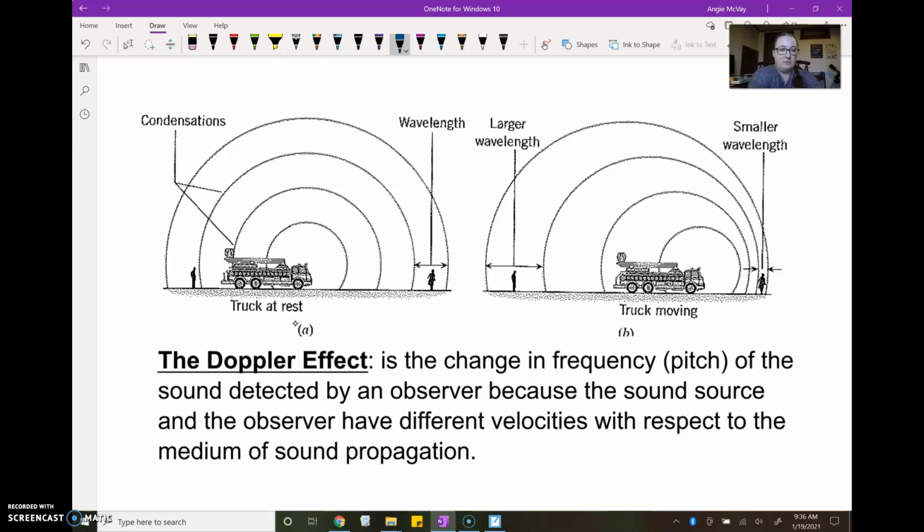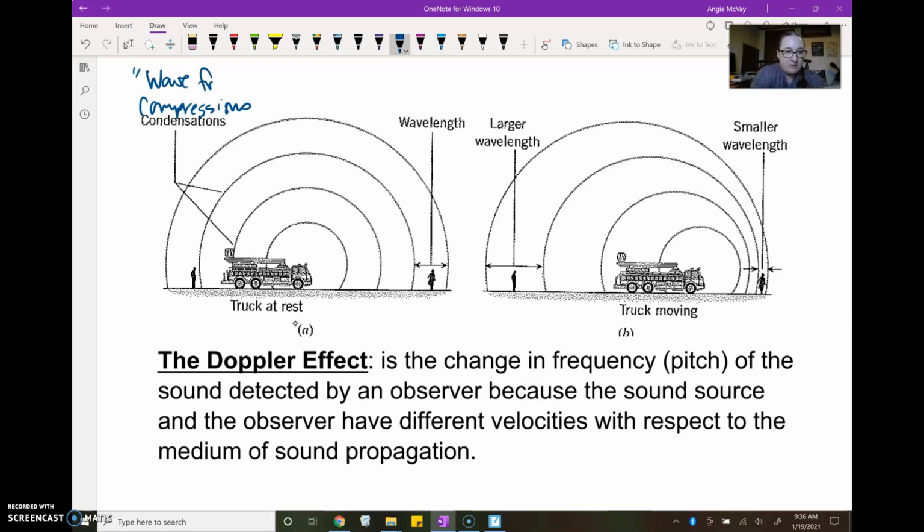Excuse me. Previously, we've called those compressions. Right, high pressure regions of a sound wave, and these lines also visually are called wave